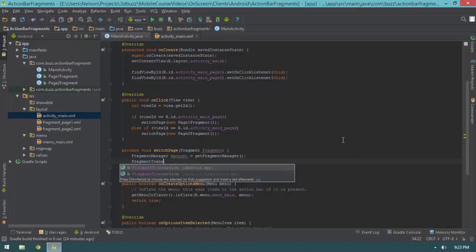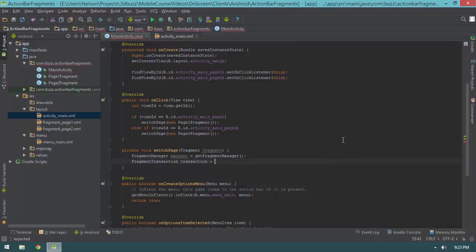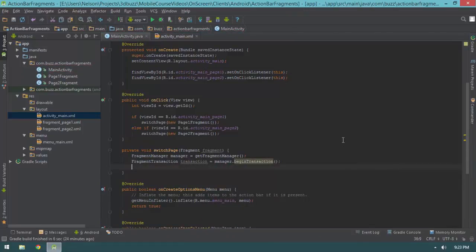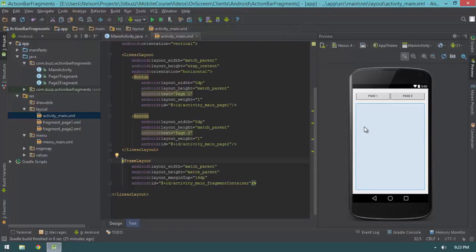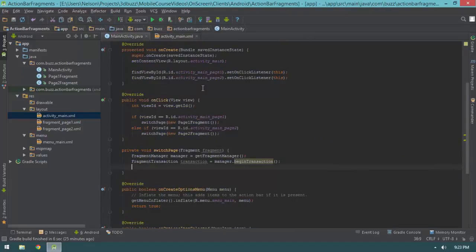Now again, which fragment transaction do you think we need? In this case, it's android.app. So I'm going to say transaction equals manager.beginTransaction. Now that we have a transaction, we have to perform operations on it to describe to Android what we want to do with our fragments. Well, essentially, we want to replace the contents of this fragment container with the contents of whatever fragment we switch to. So to do that, we come back here, and I simply do